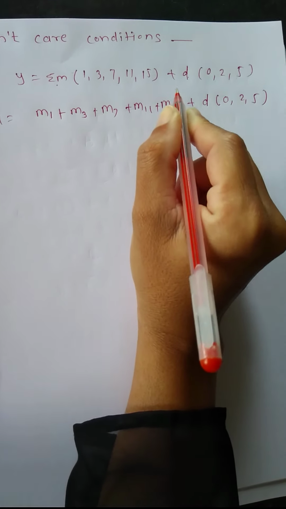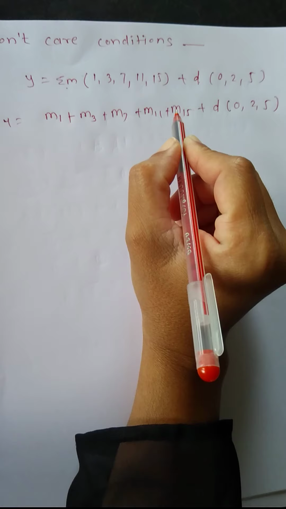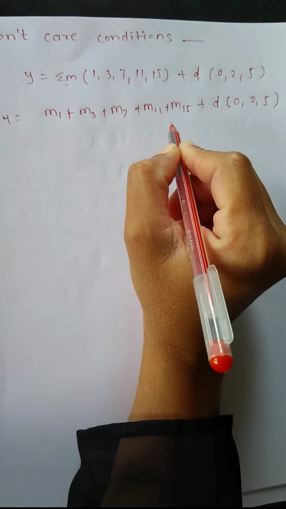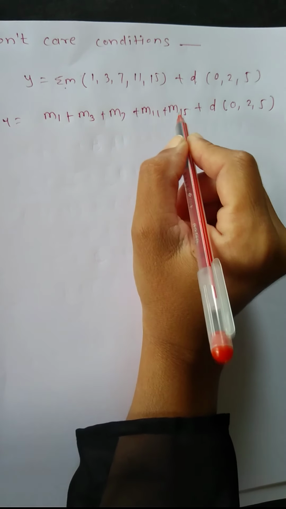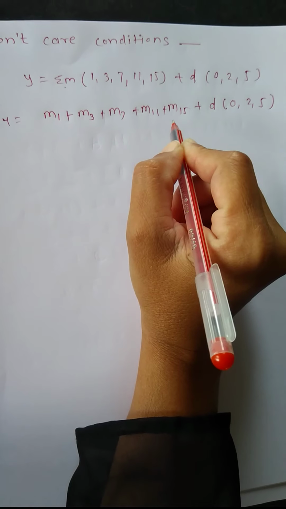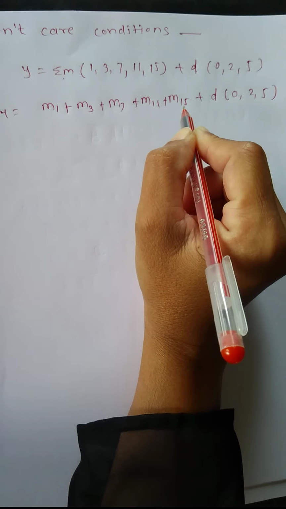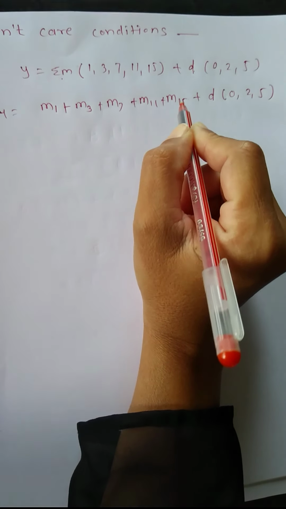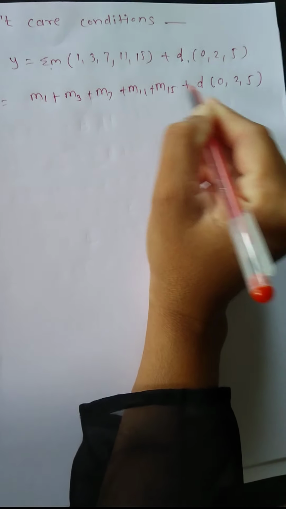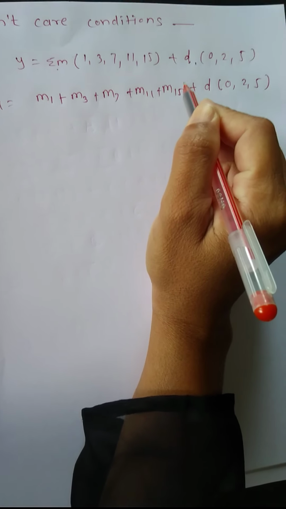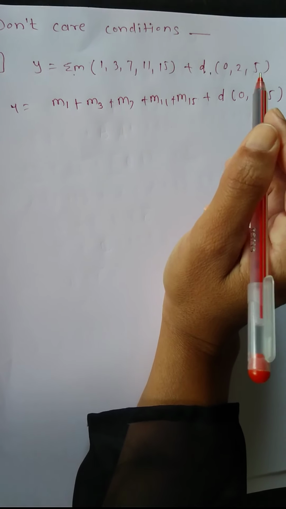This don't care means that for some functions the output corresponding to certain combinations of input variables does not matter. That means for such input combinations, it does not matter whether the value of output is 0 or 1. In such a situation, we are free to assume 0 or 1 as an output. These conditions are known as don't care conditions, indicated by D, but in a K-map by a cross mark. And as per the need of simplification, you have to consider the don't care condition logic as 0 or 1.